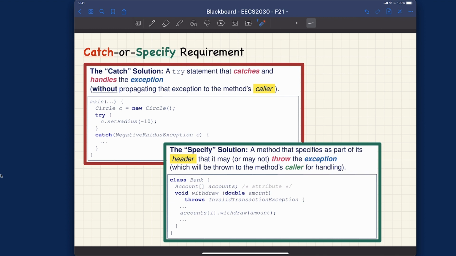Let's see what the catch solution is about. The catch solution means we're going to handle the exception at this level for the caller. So, a try statement that catches and handles the exception. You'll see the try and catch block. These are the new keywords you have to learn for this purpose, try and also catch. This is something we will see later when I revisit the circle and bank example. But for now, I'll just say this callee